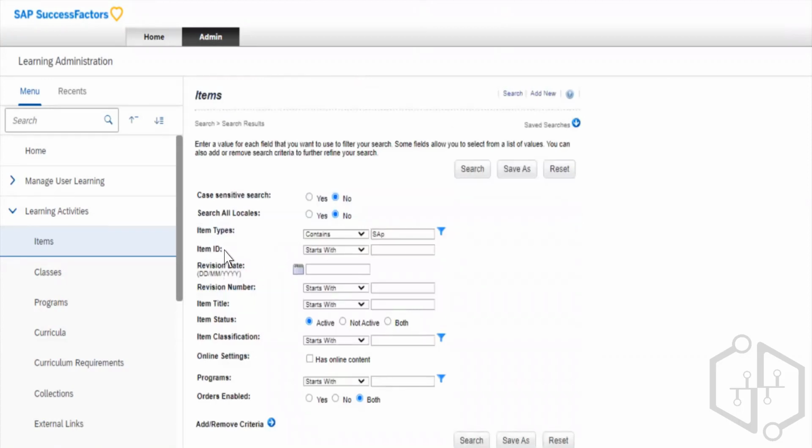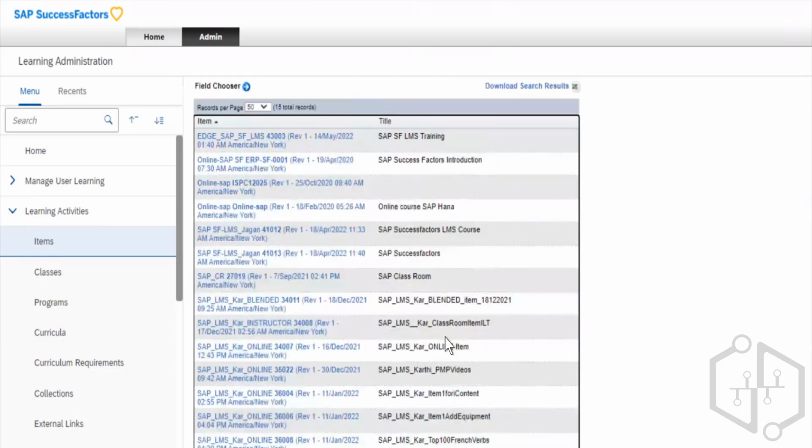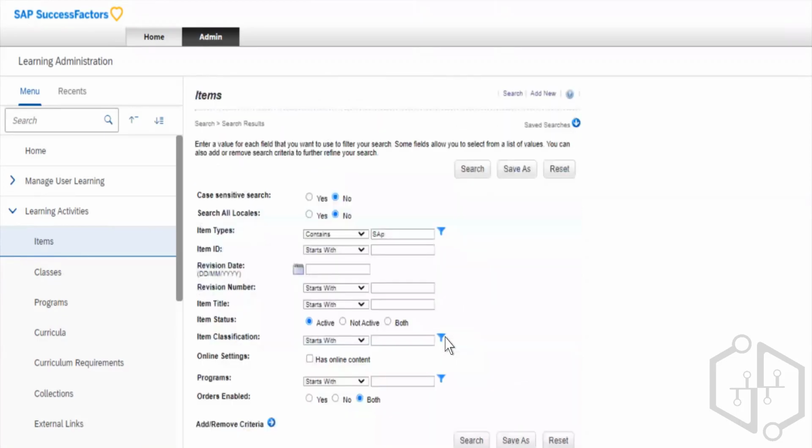We have other things, like I can search with item ID if I know. I can search with revision date. I can search with title. On this item, these are the titles. If I remember, I can click on this randomly. Let's say I don't know what exactly that means. I want to pick from any one of them. So what I'll do,